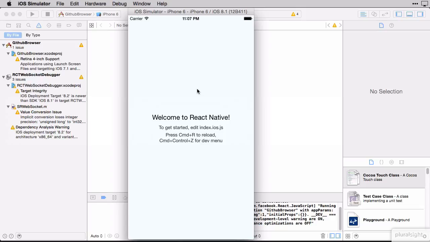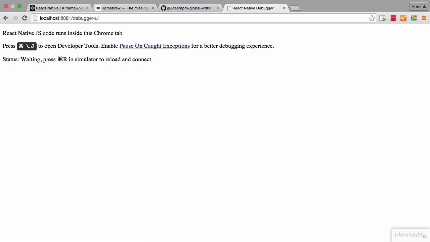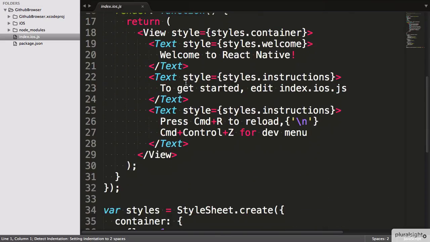I really like that they've got the instructions for the next step in the workflow right here in the app. Let's do what they suggest and press Command-Control-Z to launch the dev menu. If you're following along and this doesn't work for you, you might need to enable the hardware keyboard for the simulator by pressing Shift, Command and K first. When we select the option to launch the Chrome DevTools, it launches an instance of Chrome which we can use to debug our app. We'll get back to this soon, but first we'll change some code and reload the app